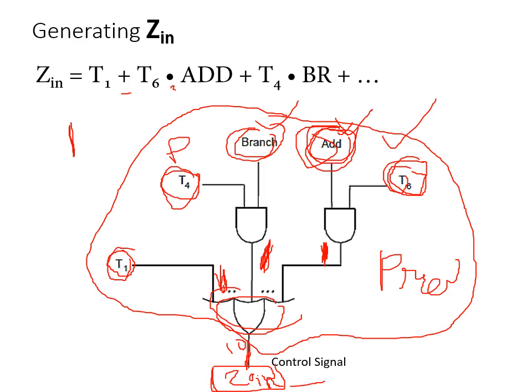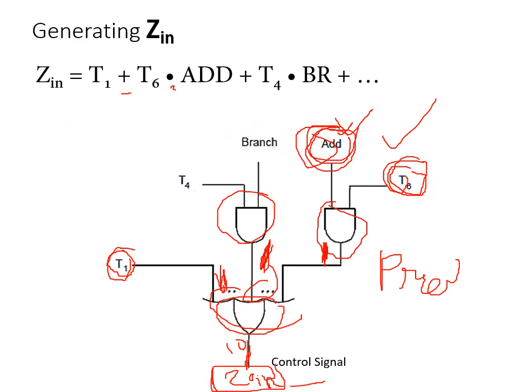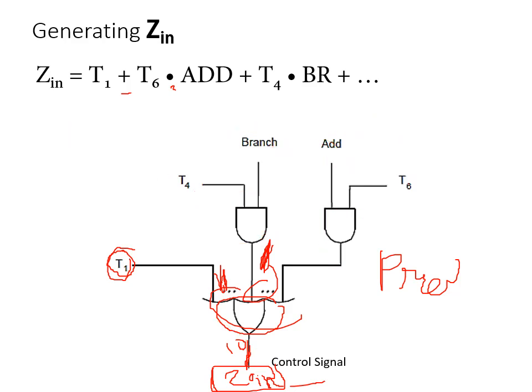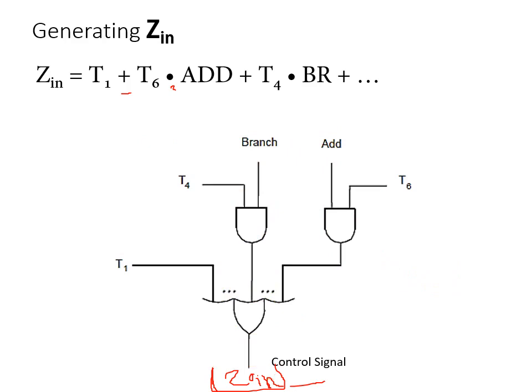So dot dot dot. Here you can see dots. Why? Because a lot of instructions are there. If there are 15,000 combinations of instructions, you must use 15,000 AND gates. Did you get this? So this is how we design it. Now if I clear all these things, this is called hardwired control.